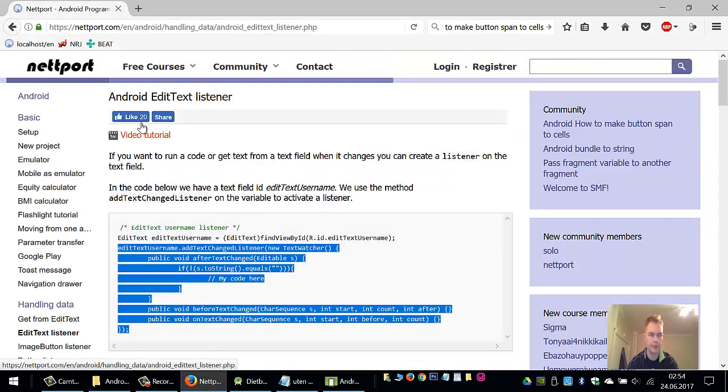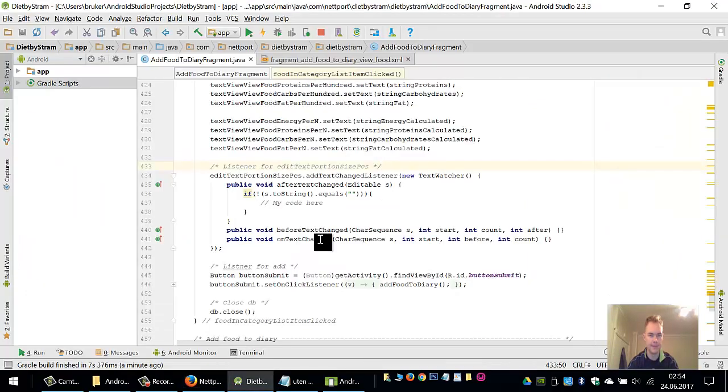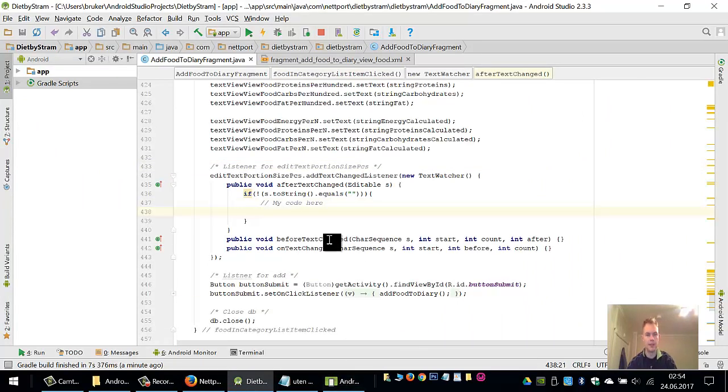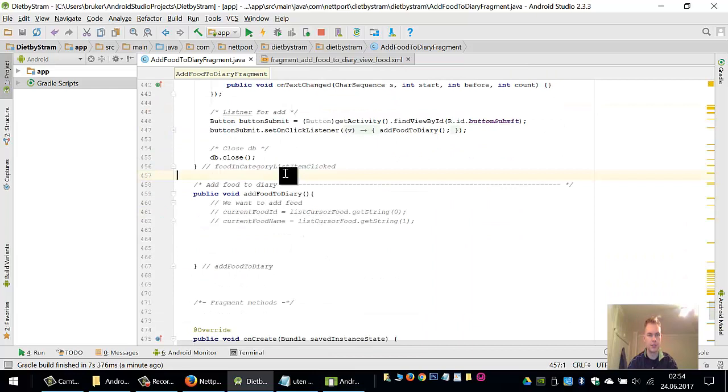Okay, so just go to my website, you will find Android EditText listener. My website is netport.com. So what we want to do is just change